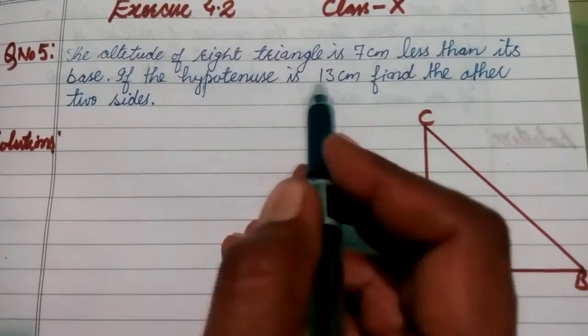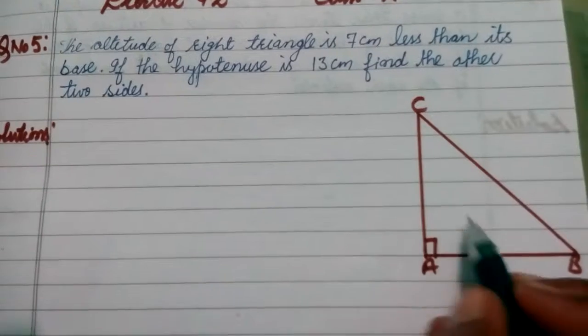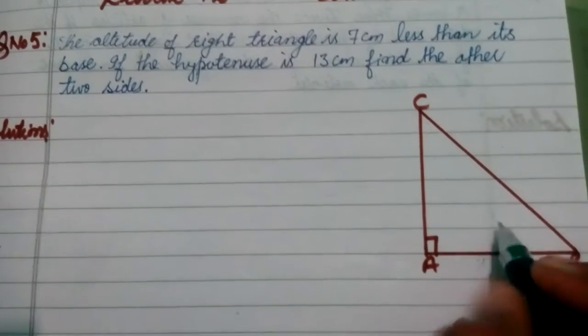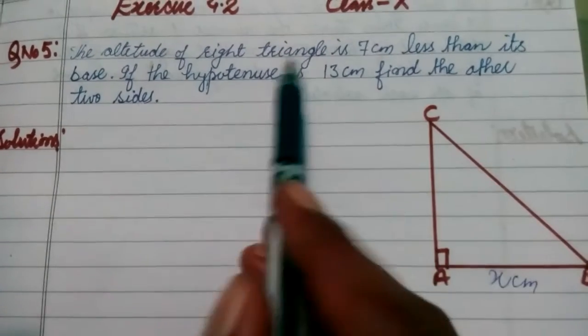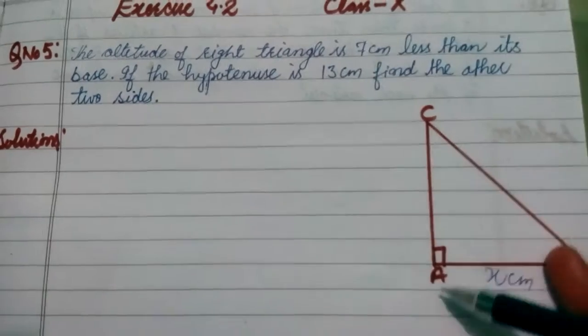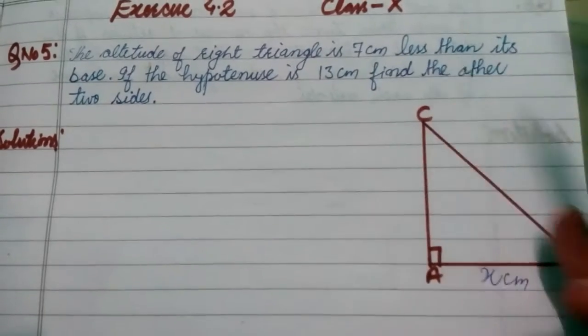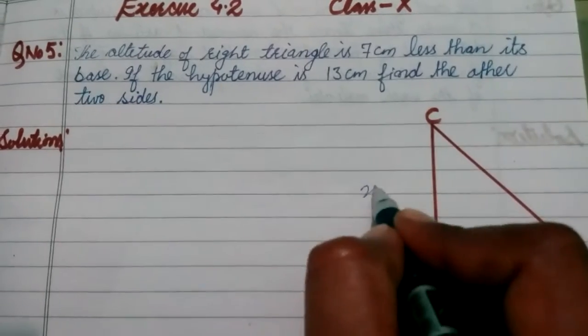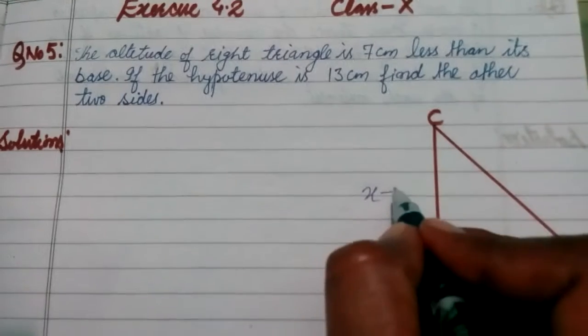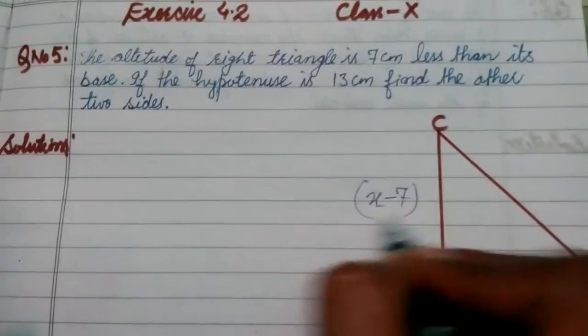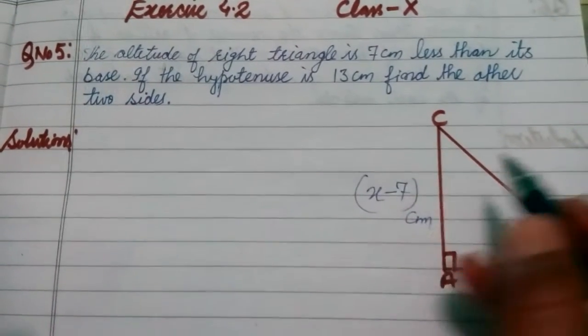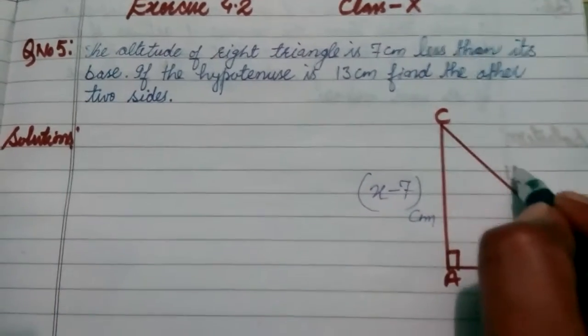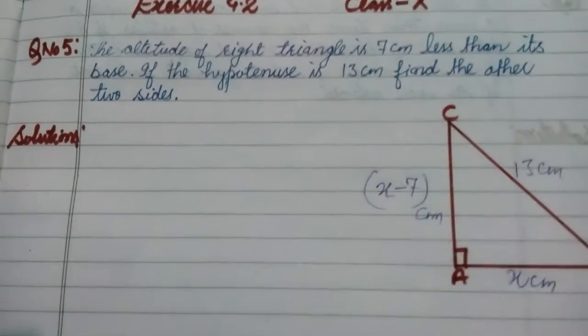Okay, and here you can see that base is not given, so firstly we'll consider the base x. Okay, AB is x centimeter, and what they are saying is that this altitude is 7 centimeter less than its base. Okay, so its altitude will be x minus 7 centimeter, and hypotenuse is given 13 centimeter. Okay,